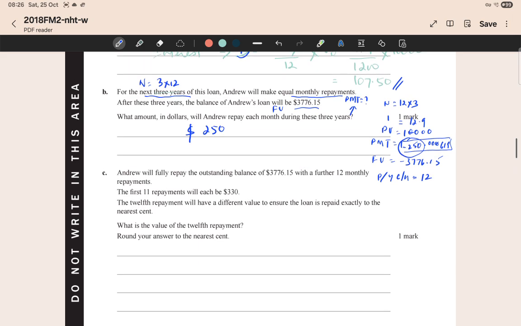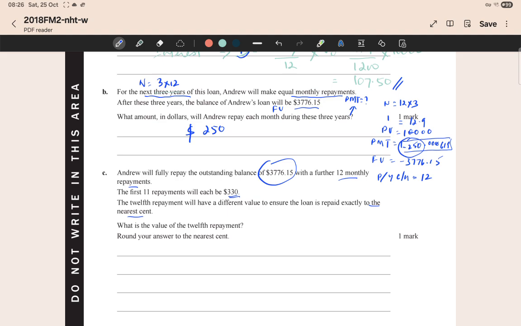Now Andrew will fully repay the outstanding balance with a further 12-month repayment. The 11 repayments will be 330. The 12th repayment will have a different value to ensure the loan is repaid exactly to the nearest cent. What is the value of the 12th repayment? Now this is usually the part of the question that students struggle with. Now what you have to be careful with is